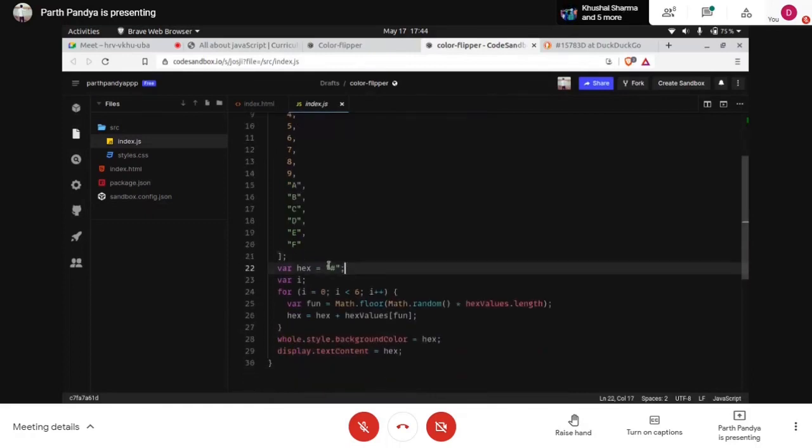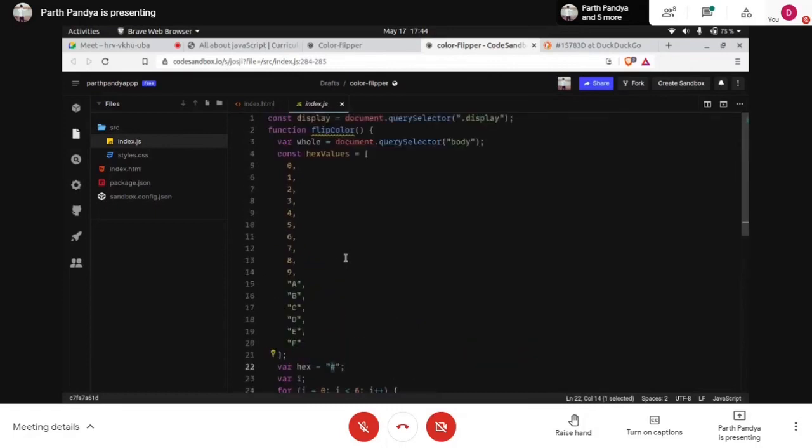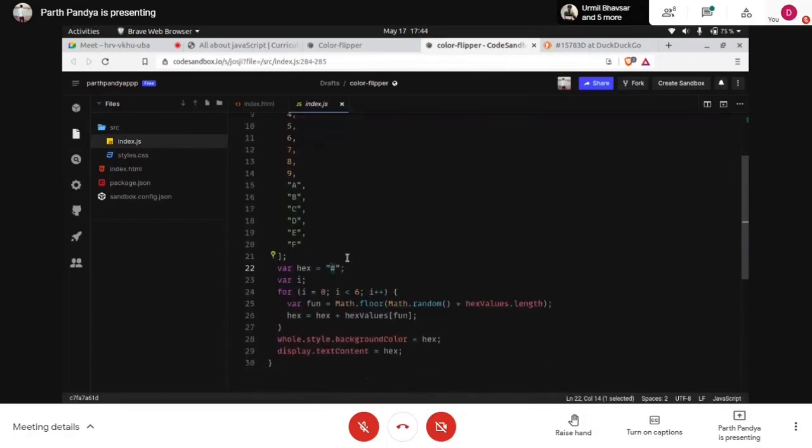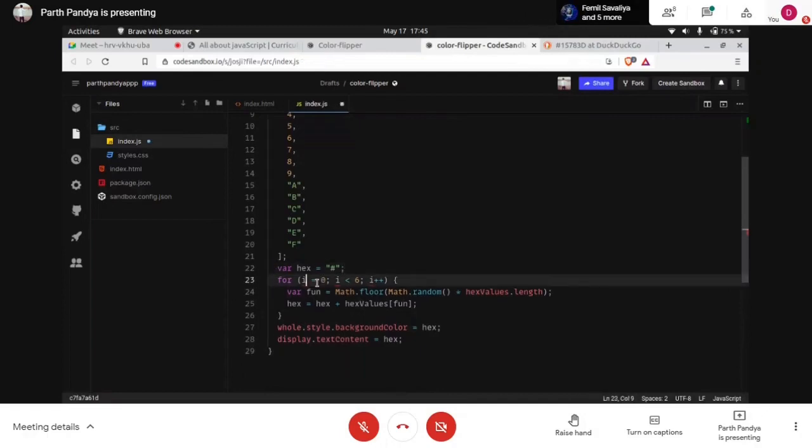For hex, first of all, if you don't include this hashtag, the browser won't understand that we are talking about hexadecimal colors. So for that, we have to reference the hash, right? And then we have this.